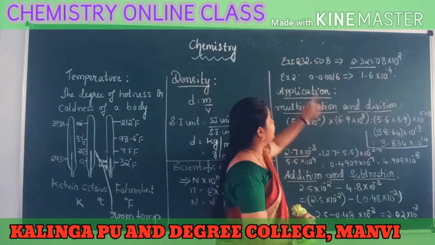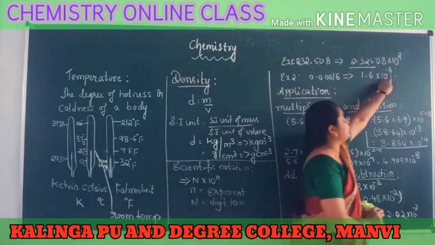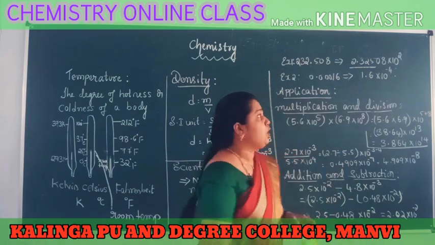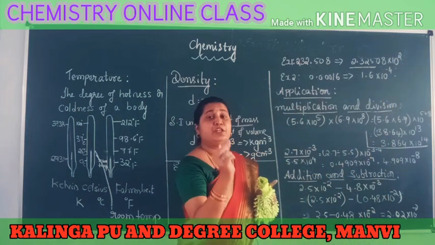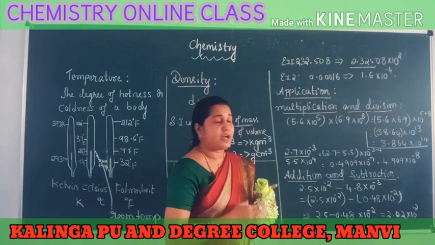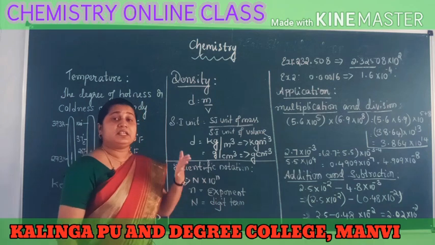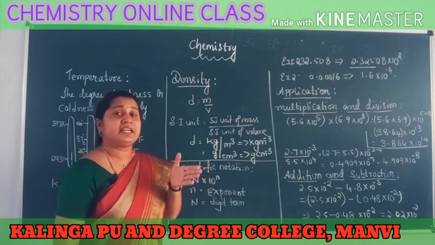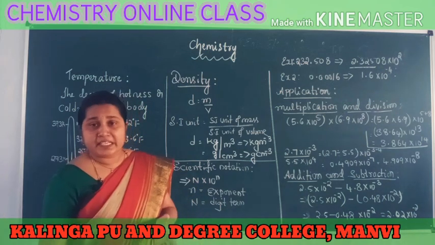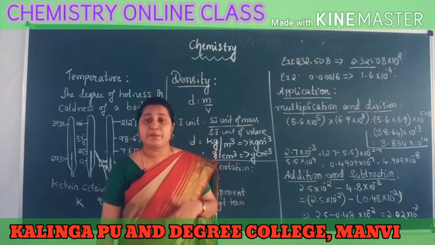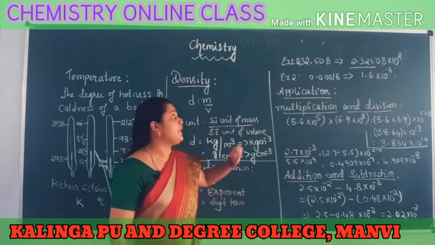So this scientific notation, when we are representing the calculated experimental value or theoretical calculated value in scientific notation, when we are applying simple mathematical operations like additions, subtractions, divisions and multiplications, we have to follow certain rules. Which type of rules will we apply? Let us see here. First one, multiplication and division. When we are applying multiplication and division in our scientific notation, how can you calculate that? Let us see here.